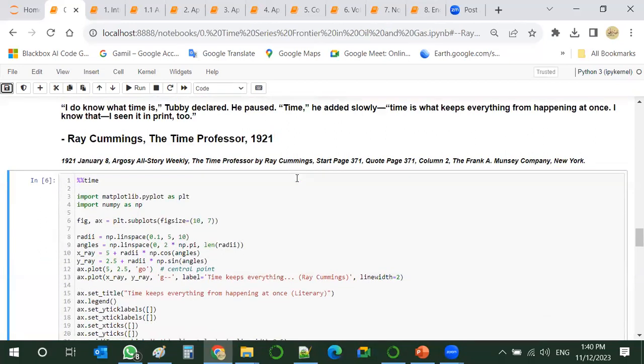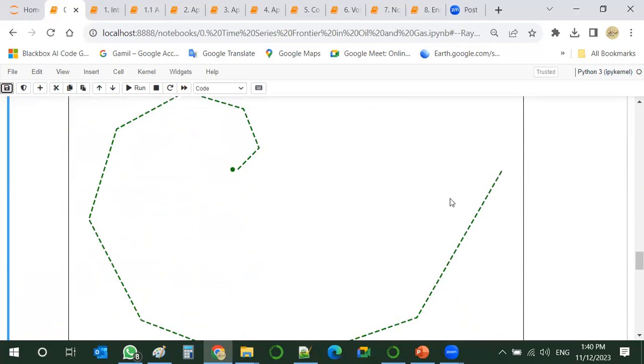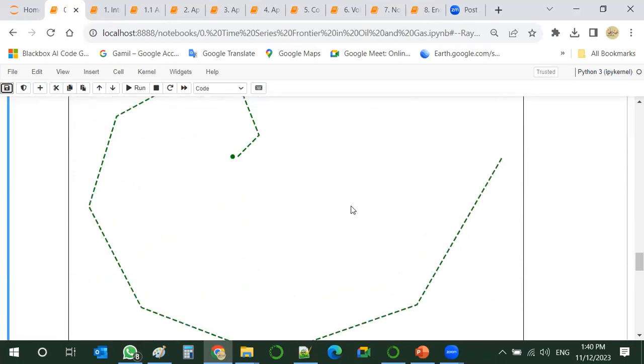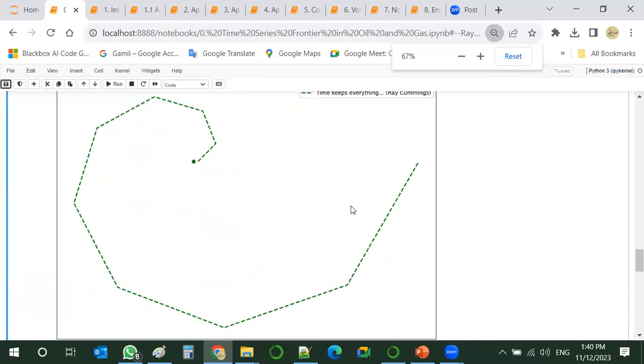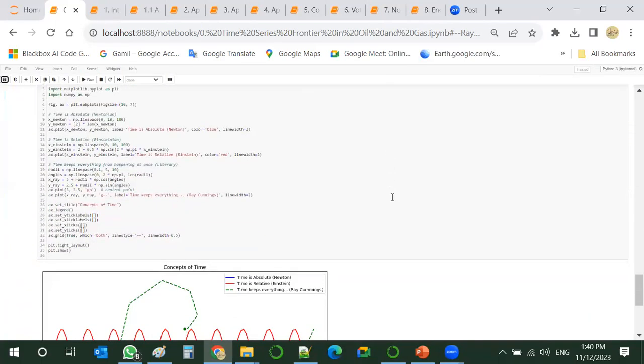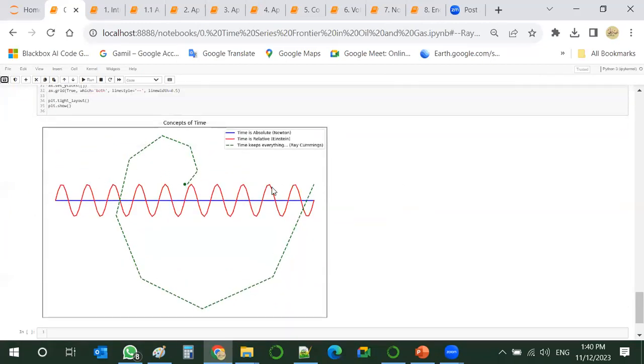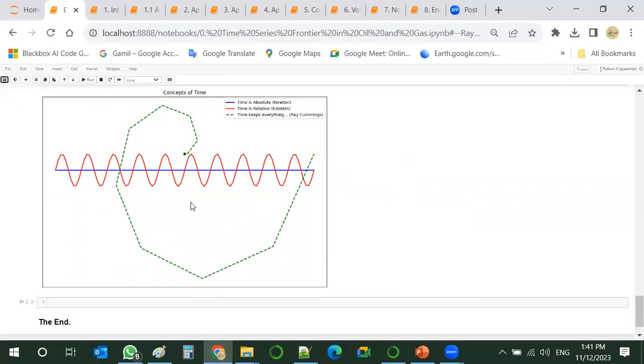And we can see this quote presented by this plot over here. So we can combine all and see different concepts over here. We could say one of these is actually the concept of time, or maybe none of them.